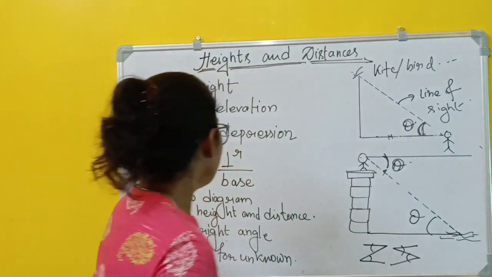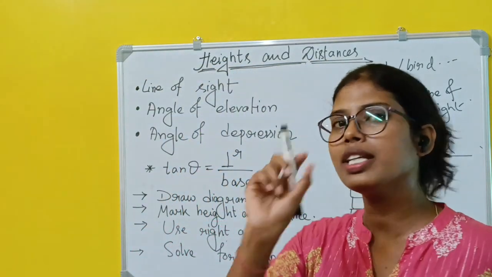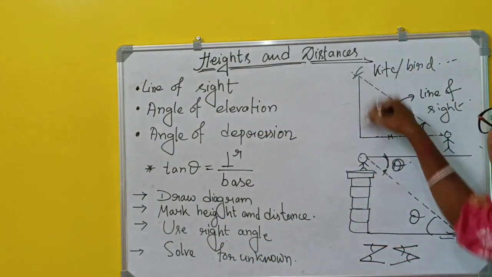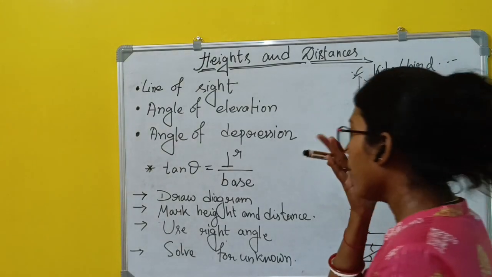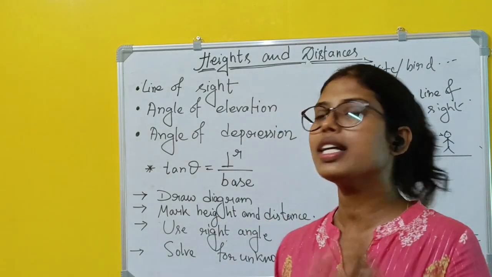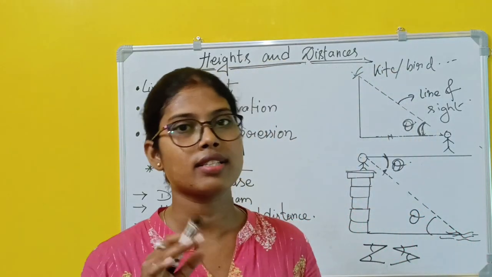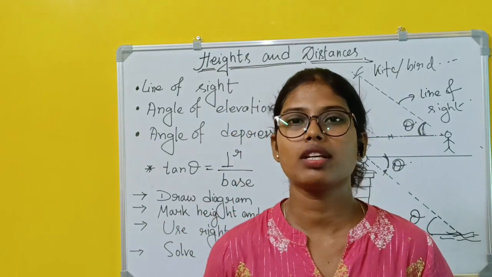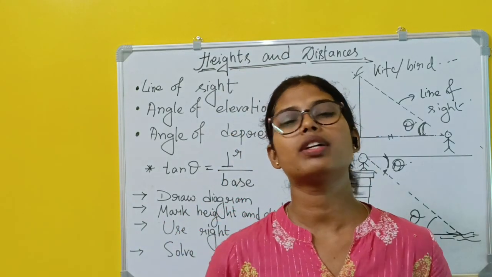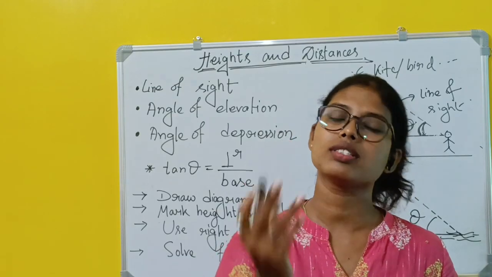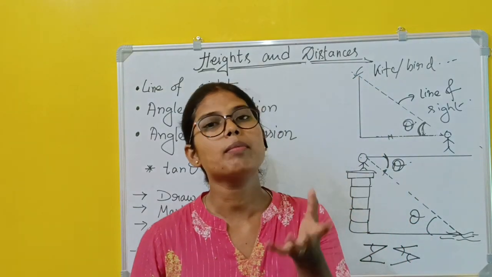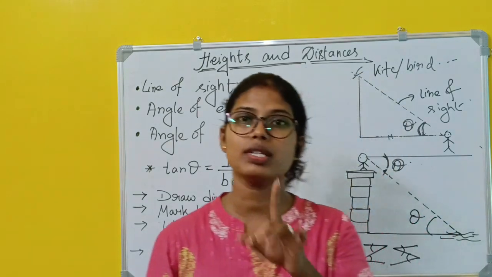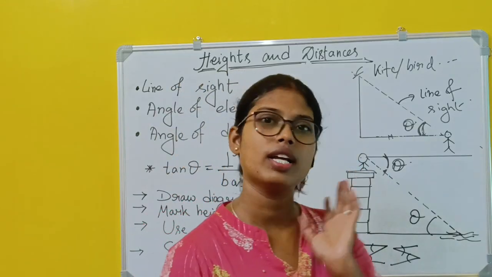Okay. So now the major thing we will use here is the tan theta formula, perpendicular by base. This is the perpendicular, this is the base, this is the hypotenuse. Okay. Now some keywords I have written here, on how to tackle the exercise of this chapter. So the diagram is a very important thing for this chapter. If you have roughly drawn the diagram, then the sum will automatically be solved. Half of the sum depends on the diagram. If the diagram is correct, if you catch the actual sum, what is written over there, then that will be solved.